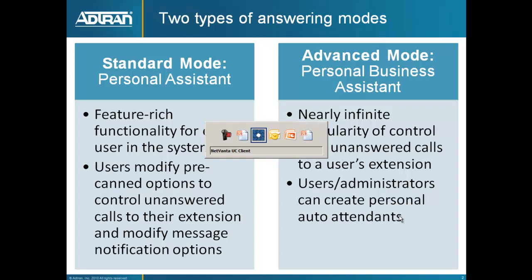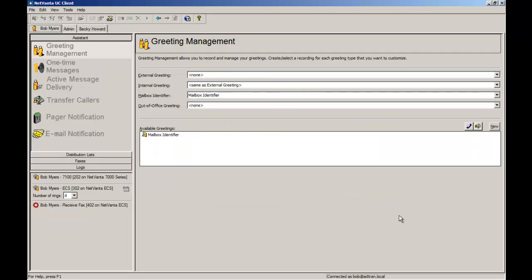So I'm just going to flip over to the user interface here and show you first what the Personal Assistant experience looks like. When a user has the UC client software on their desktop and they open it up, this is the first thing they'll be shown as a Personal Assistant user. The greeting management can be done over the telephone using DTMF tones and navigating menus, but this friendly user interface allows users to control and create greetings in a much easier way and to be able to create as many